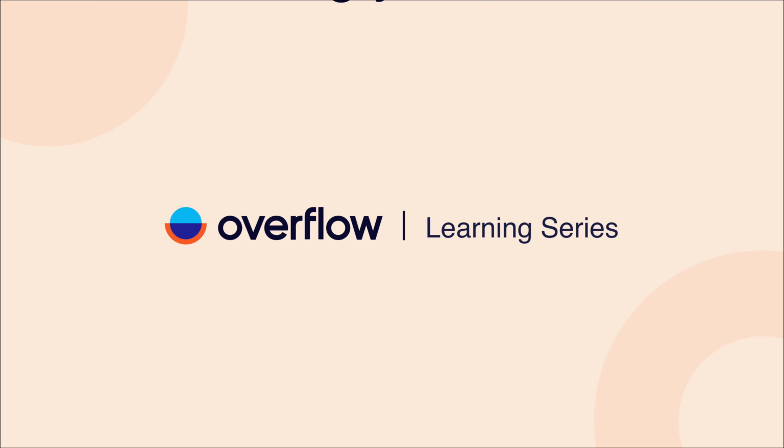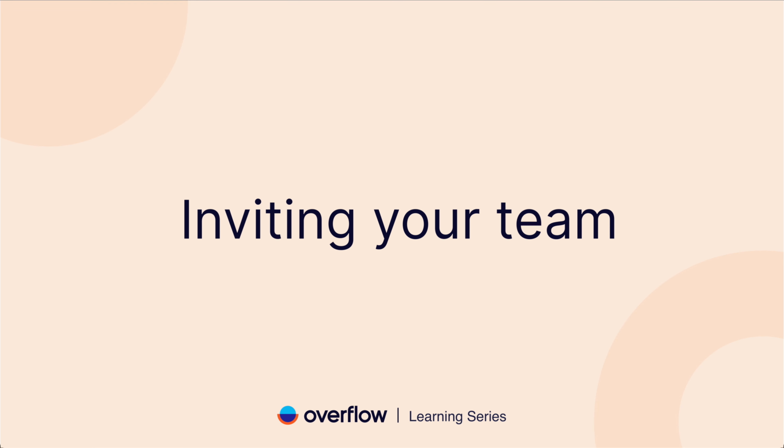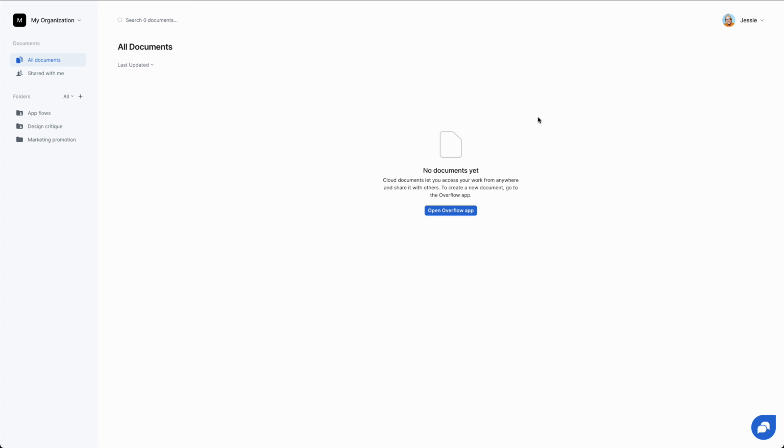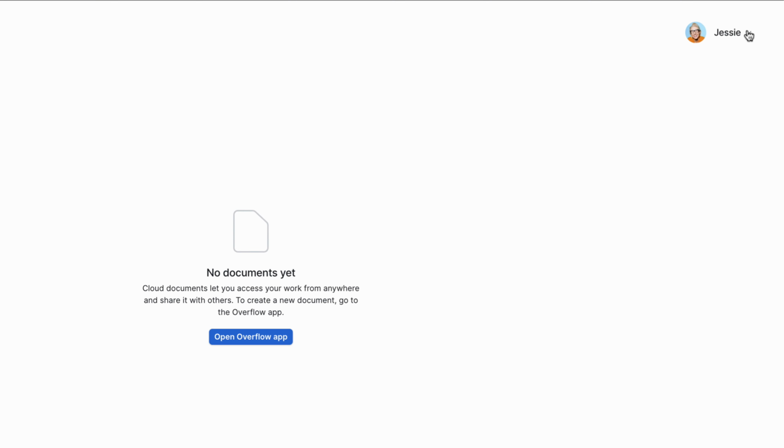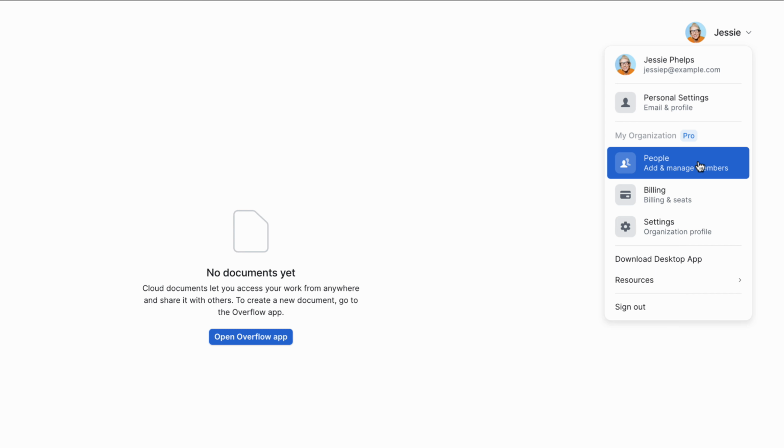In this tutorial, we'll go through the process of how to invite your teammates to your Overflow organization, assign them roles, and update their folder access rights. The hub for most of these actions is the People page of your Overflow dashboard. You can reach it by clicking on your user avatar in the top right corner of the dashboard and choose